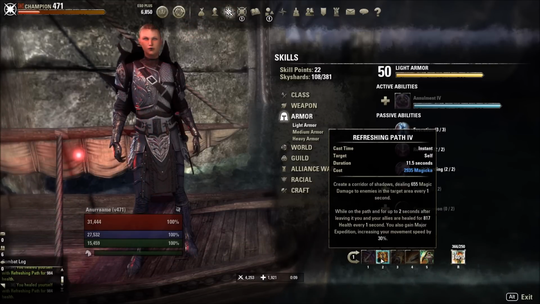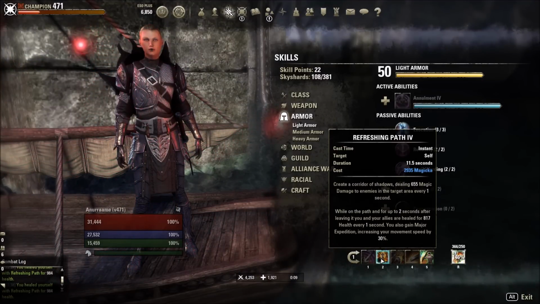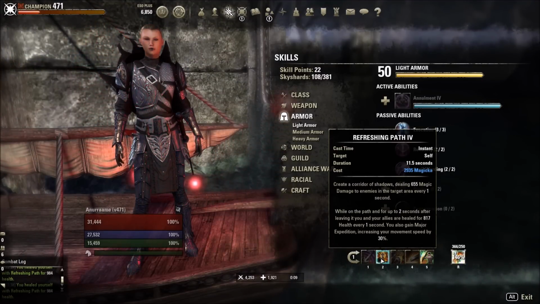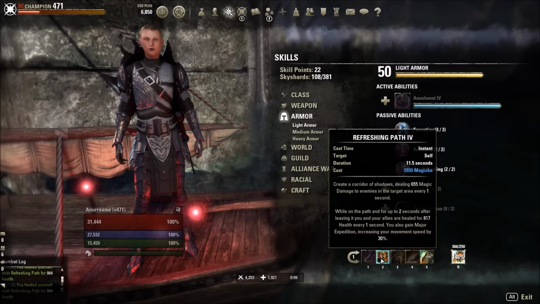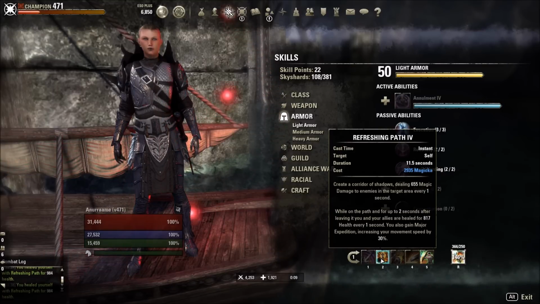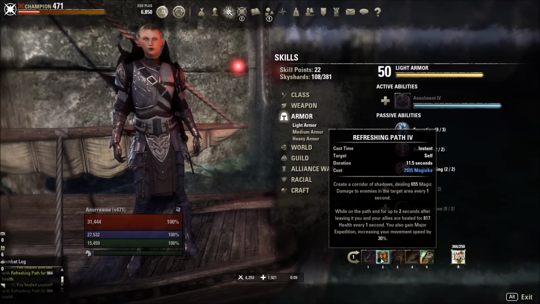Now moving on to Refreshing Path. This ability is strong for a couple of reasons, and some which aren't even apparent just looking at the tooltip. So even though the damage that it does is not essential, it is nice because it can draw initial aggro to you when you're engaging in trash pack fights, which means that the damage burst that comes in at the start of the fight isn't going to be hitting a DPS, but rather it's going to be hitting you,